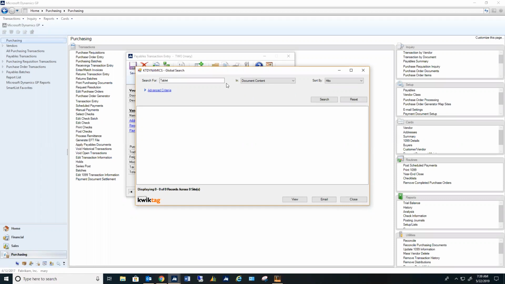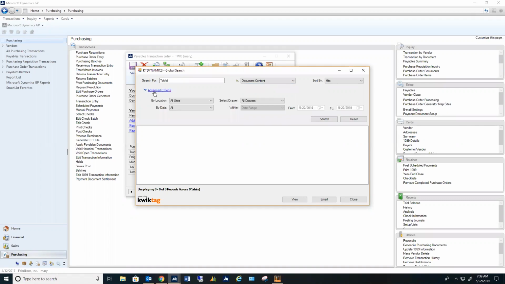So we can now click the search option on the additional menu and look for that word tablet in document content. So I changed this from filing information, you know, the default information, right? Vendor and dollar amount and GL codes, things like that, the metadata associated with the transaction, to document content. So we want to look in the content of the document. And we're going to say, well, we know that it's in Fabrikam, or we think it's in Fabrikam. We could check in all of them if we wanted to. We're going to look by index date. We know that we ordered tablets sometime, let's say, in the last couple months. Maybe we don't remember when we ordered those tablets, but we've got to order some more, and we don't know who we